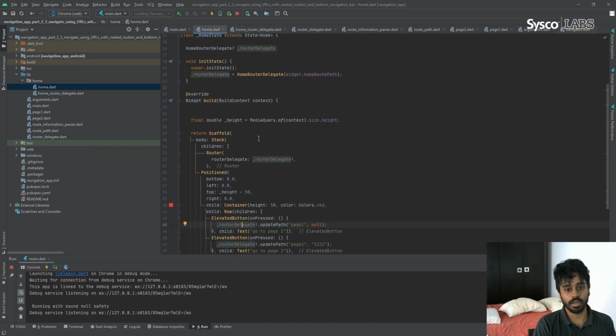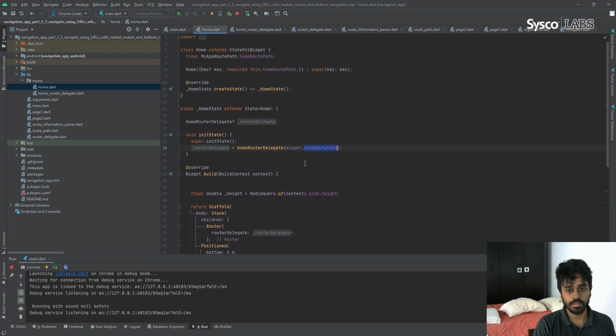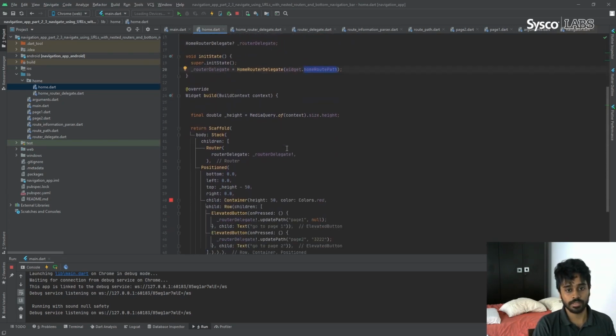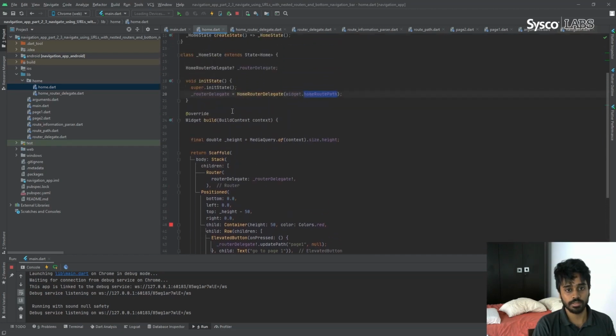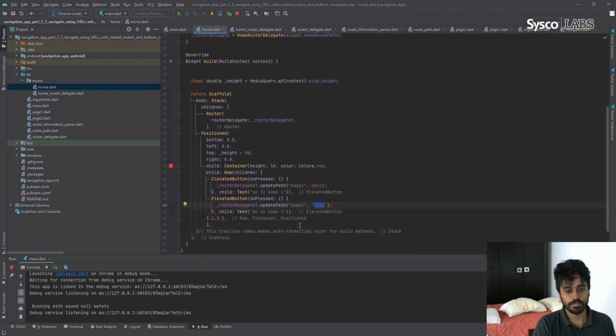Basically I don't have to do that, because I'm passing that here, so I can update that object here as well, but I'm using this method to be safe, to update this object to page 1 without any data. When you go to page 1 you don't need any data, but when you go to page 2 you are passing some data.